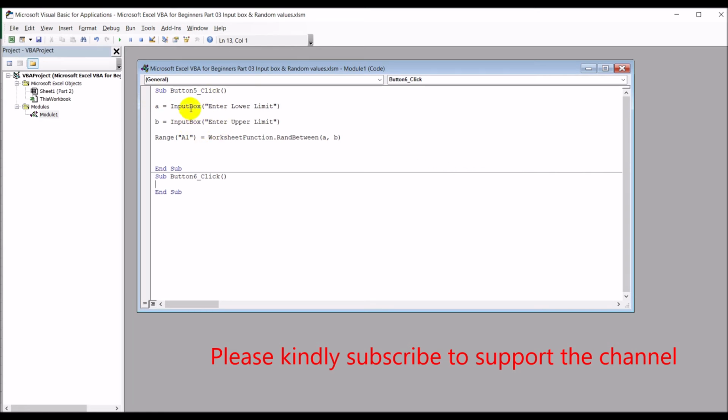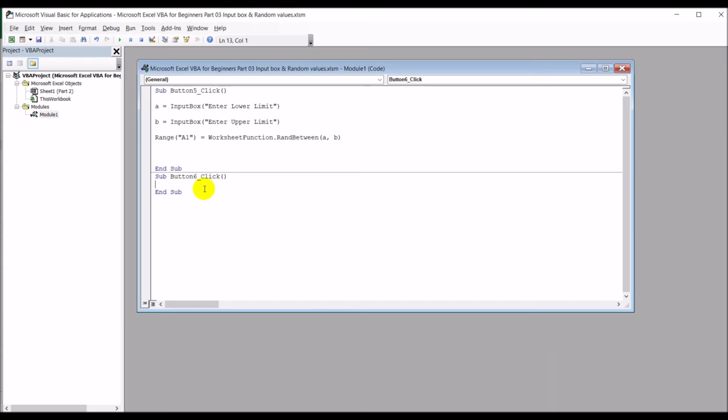See, this was the code that we did that was giving us the input boxes. Now here, this code is going to be reading O1 and O3 and picking up the values from there. Now what we can do is copy paste this code here. That's one way of doing it. Now instead of saying input box, what we'll do is we give range